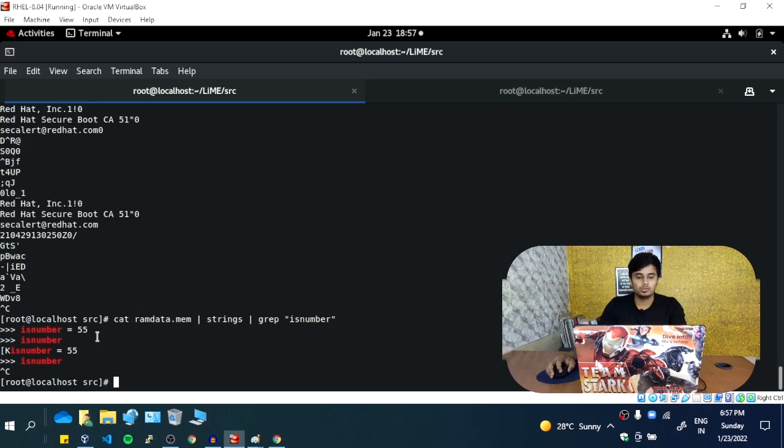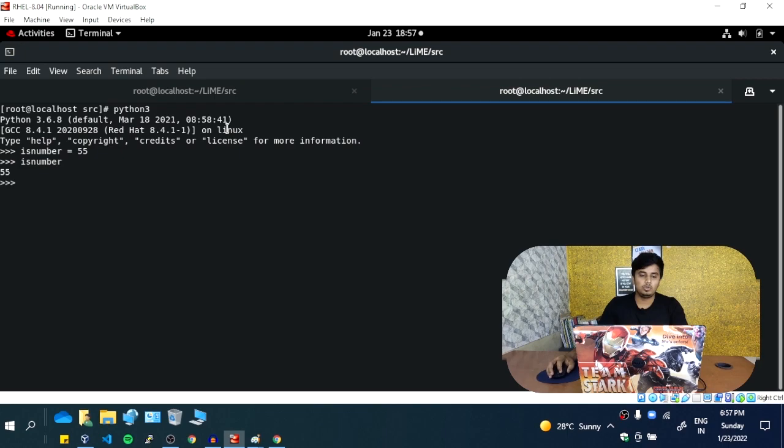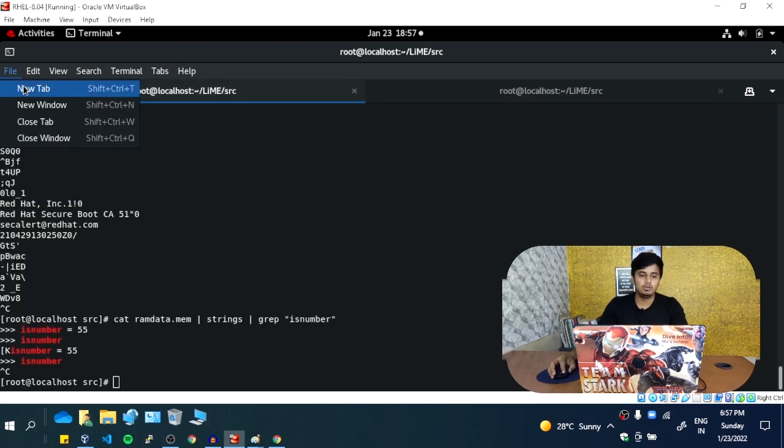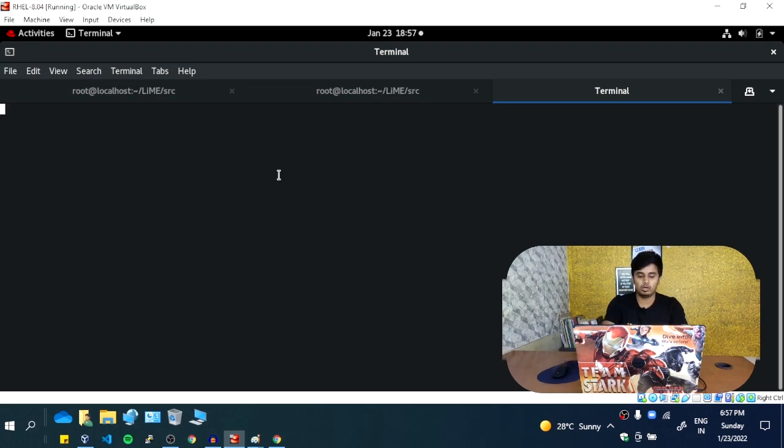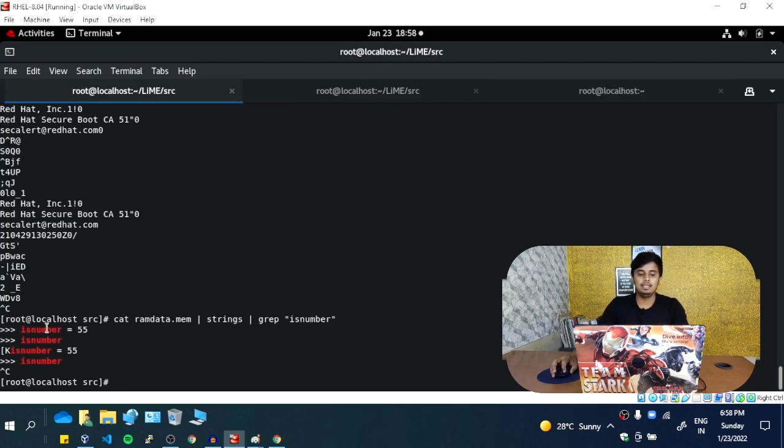So that's all for today's video, the demo part. But to do this operation, you need a few commands which I will give in the description box. You can see now it has been successfully searched. Whatever variable I searched, is number, to check whether it is present in RAM, it was found and it tells the value stored in it is 55.